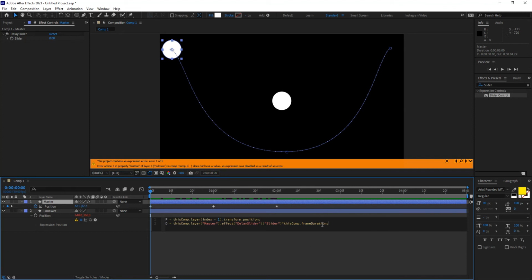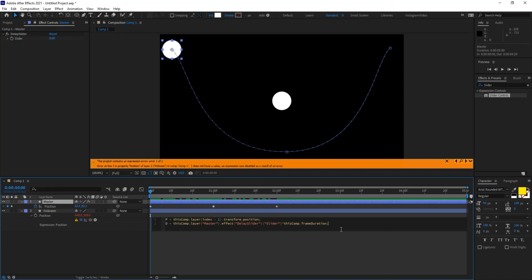So frame duration refers to the duration of each frame within a 1 second value. So what does that mean? Well, a 30th of a second if your FPS is 30 FPS. A 24th of a second if your FPS is 24. That is the value that this is giving it. You're going to take that and you're going to multiply it by whatever value you have on the slider here. So as long as you increase or decrease this value, you're increasing or decreasing the amount of delay that you're